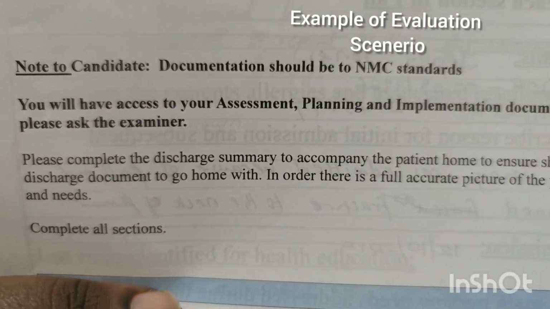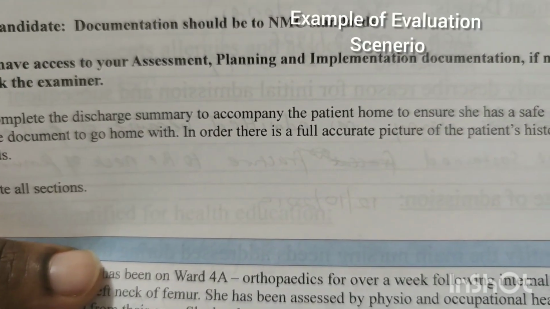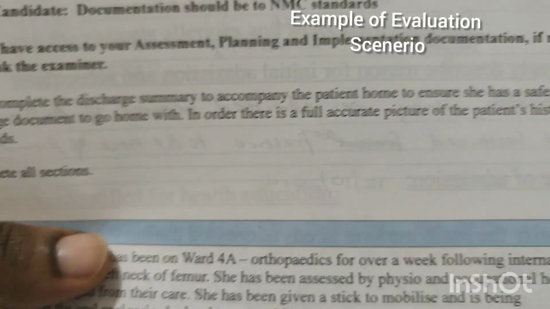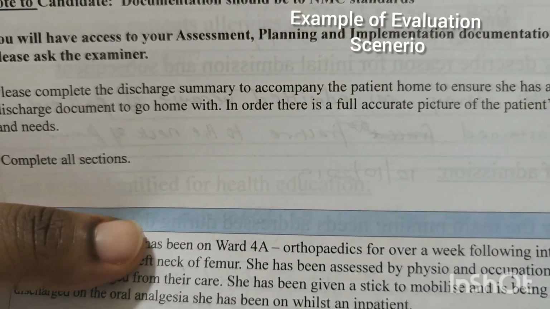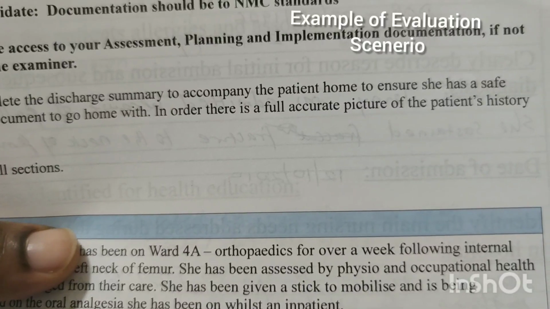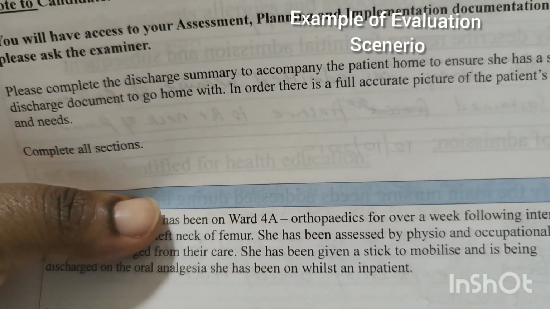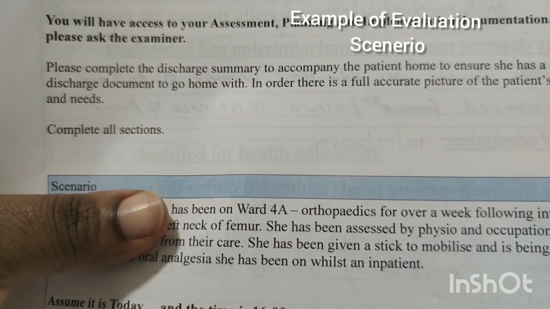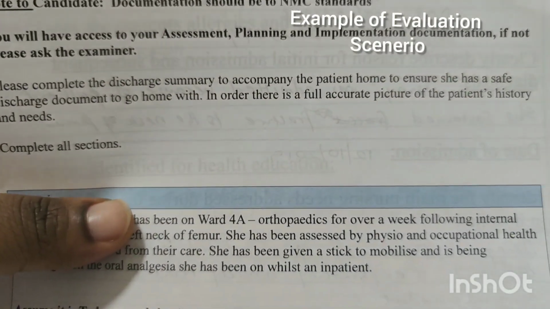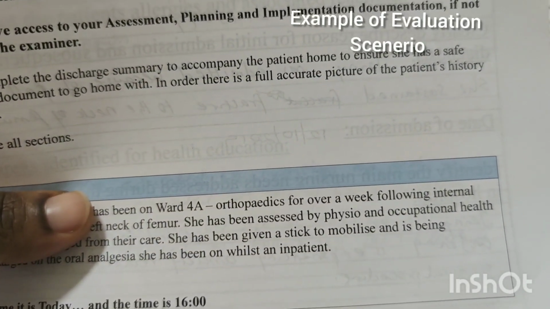If not, please ask. Please complete the discharge summary to accompany the patient home to ensure she has a safe discharge document to go home with. In order, there is a full accurate picture of the patient's history and needs. Complete all sections. So the scenario we have: a patient has been admitted on ward A for orthopedics for